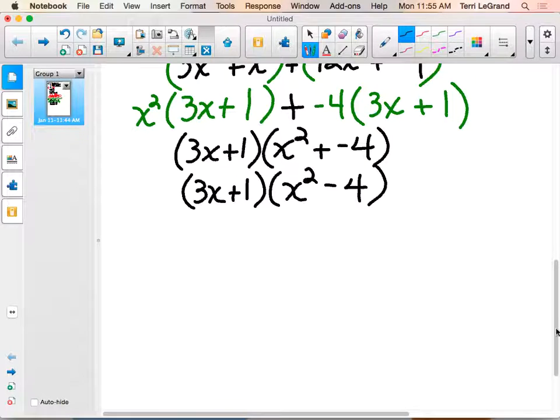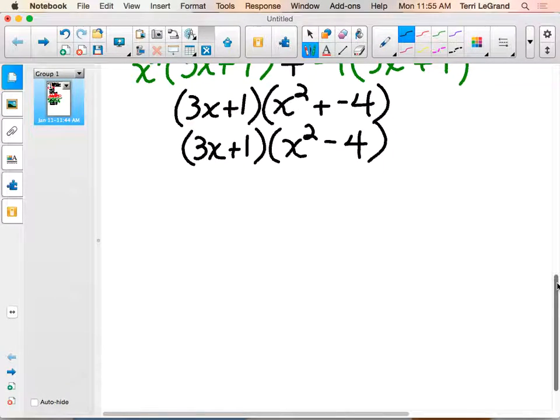Okay, are we done? No. Why not? Because we didn't factor x squared. Yeah, we have a 2-term here. Can we factor that one? Can we factor 3x plus 1? No. Why not? It's got a plus. It's got addition. Okay. We have to run through the test here though because this one does have subtraction,